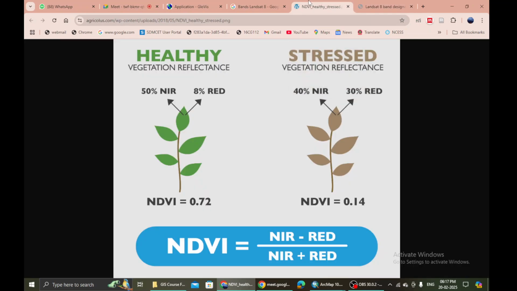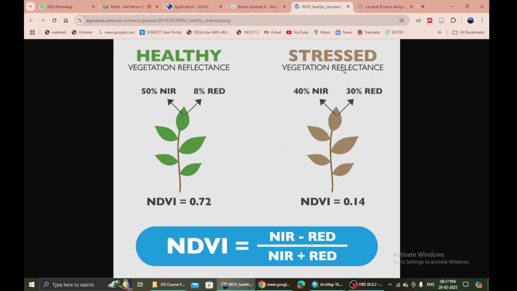Okay, now coming back to this image, you will see that when vegetation is healthy, it absorbs a lot of red color and reflects away a lot of near infrared as well as green, right?